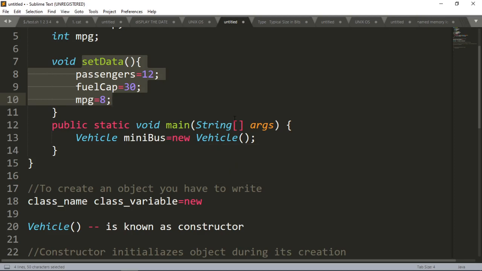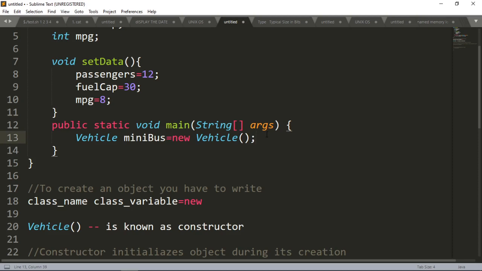So let me write the constructor. Java will automatically provide the constructor if we do not write one, and that constructor is known as the default constructor. Java will provide a default constructor for every class. So we can easily create an object and execute our program whether we write a constructor in our class or not.